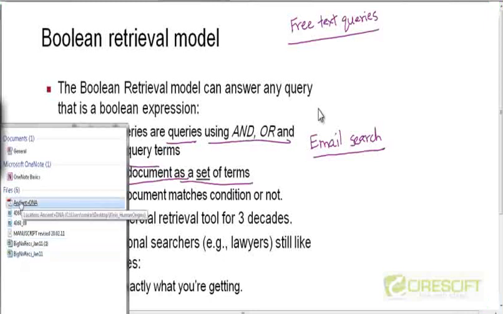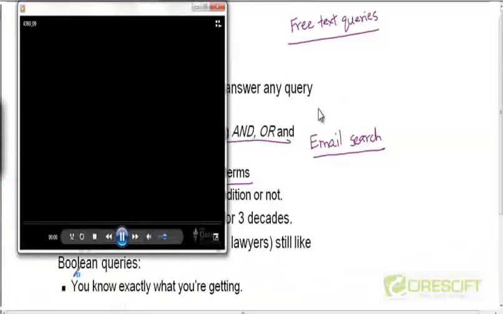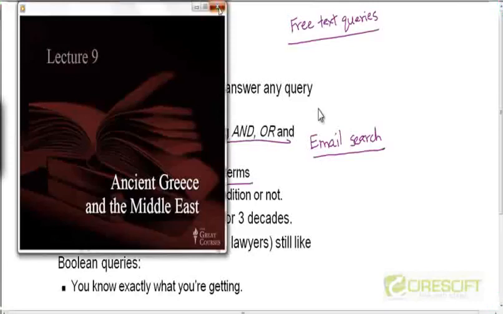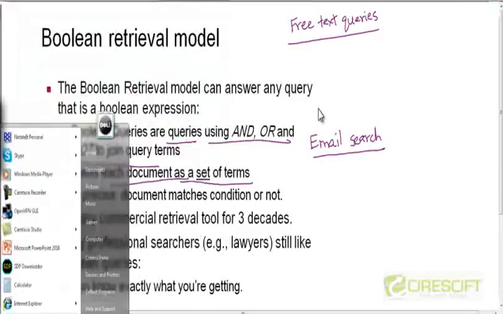For example, this document is returned because it has ancient in the title, and I don't know why this document is returned. Let me just see. Okay, so this is a video lecture on ancient Greece. So you can see that ancient appears in the title. So that's why this was returned. So this is an example of desktop search.